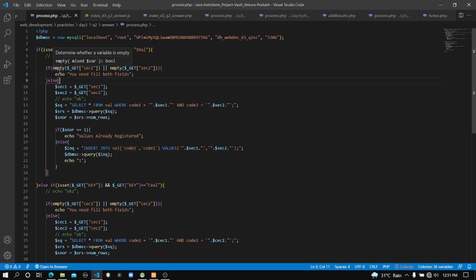You can see it will check if the value which will come in the get method, which is the sec1 value, is empty.